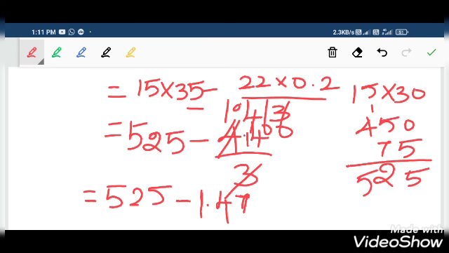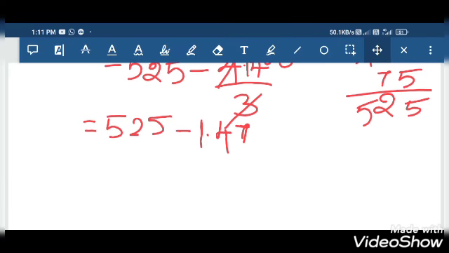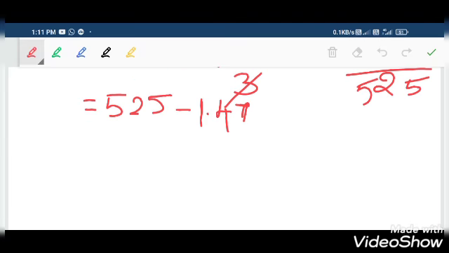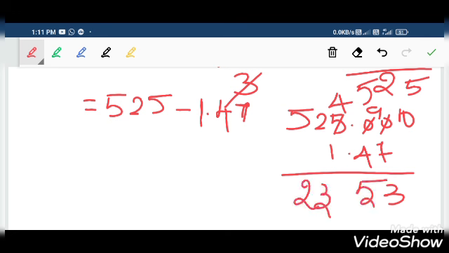So the conical part, now you subtract this portion. You get the volume of the wood. So 525.00 minus 1.47. So just you need to borrow. So it becomes 10, and this one becomes 9, and this one becomes 4. You know the normal. So 10 minus 7, 3. 9 minus 4 seems to be 5. 4 minus 1, 3, and then 2, 5. So the answer seems to be